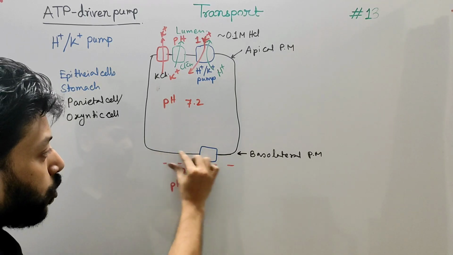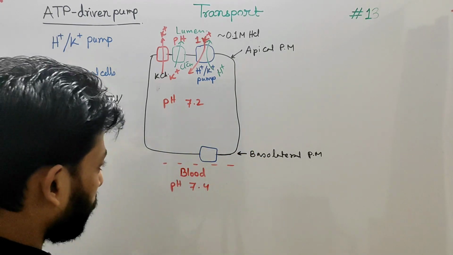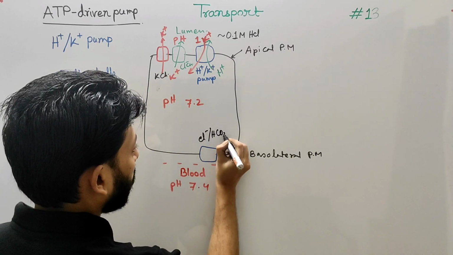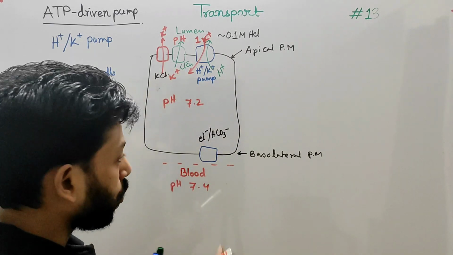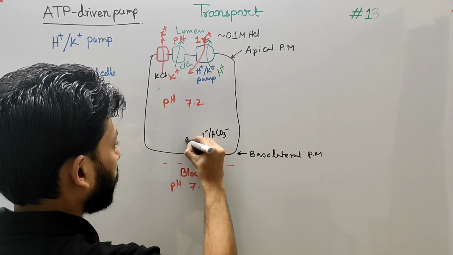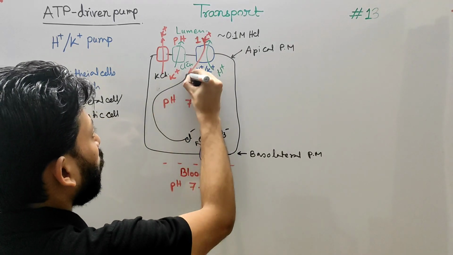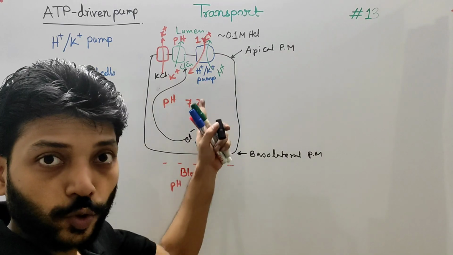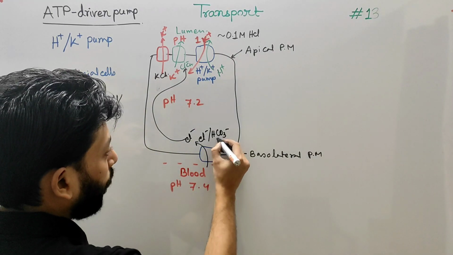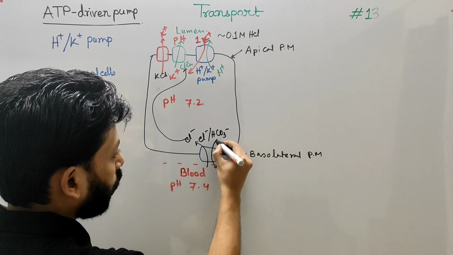Now in the basolateral membrane there is a chloride bicarbonate antiporter. Through this chloride bicarbonate antiporter, chloride comes inside the cell, and that chloride goes out of the cell through the chloride channel present in the apical surface, and bicarbonate ions are transported out of the cell